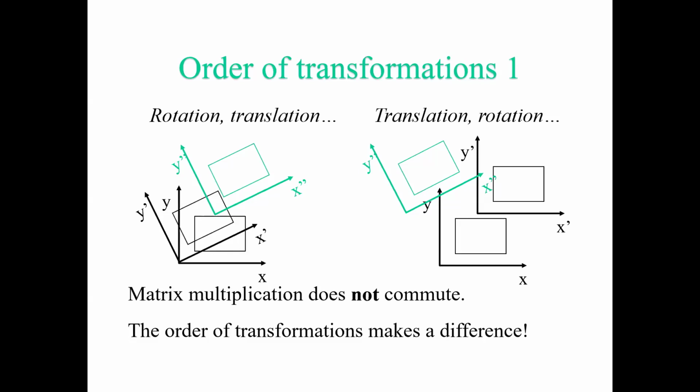Hello students. So now we are going to continue the last class sessions. Now we are going to enter a little more tricky things in our transformations. Here, as you can see on my screen, you can see the order of transformations. You can find one object which is placed in the coordinate system, that is, x-axis, y-axis. You can see a square box here.